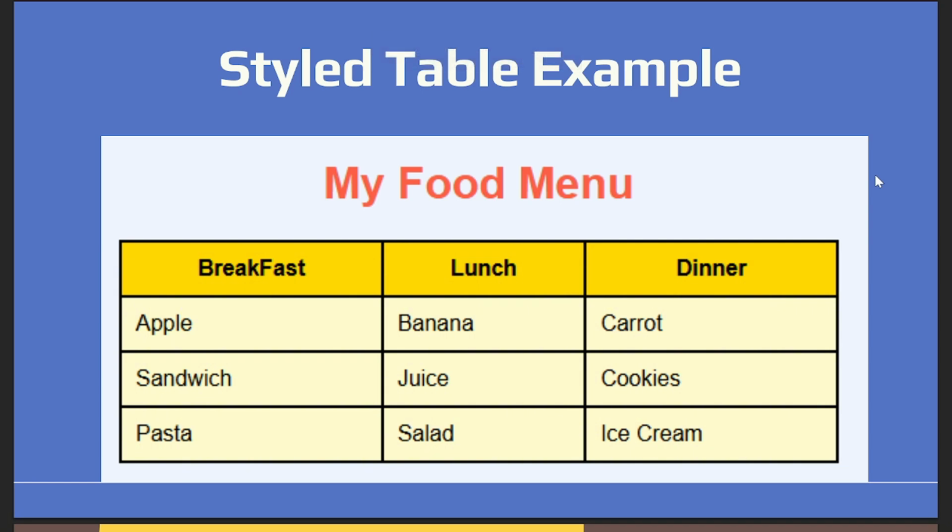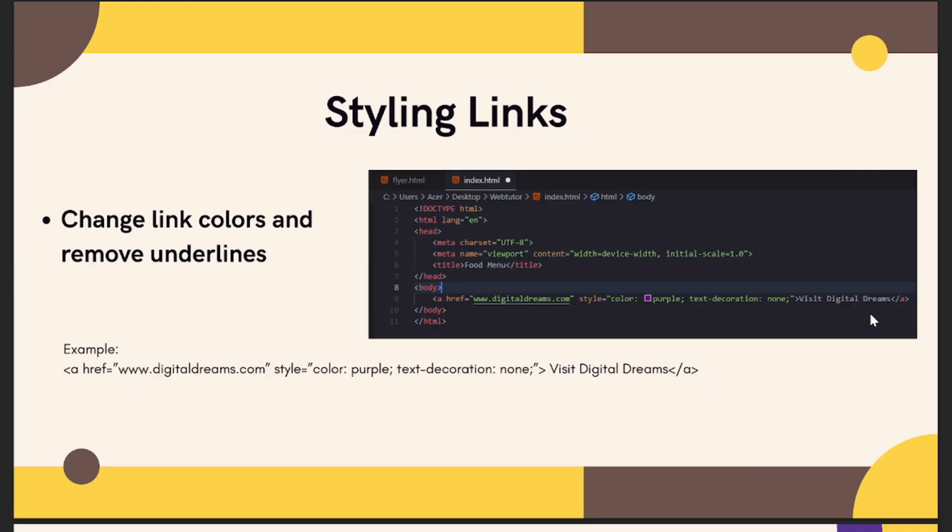So I want you to create something like this for me. I want you to recreate that. I'm sure it will not be too hard for you to do. These are just 4 rows, 3 columns. It has a T head, which was used to style the breakfast, the lunch, and the dinner. Then you put everything exactly as you see it on my screen. You make sure you pause this and do the same thing. And then